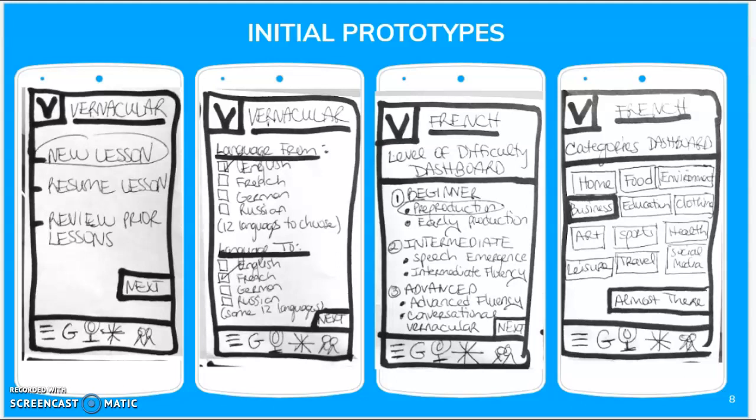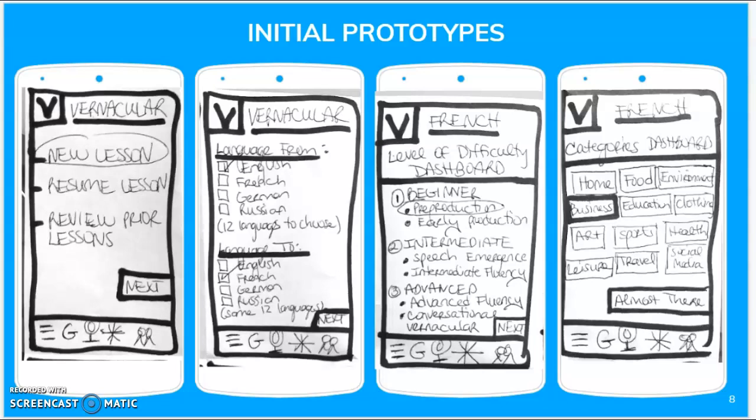The level of difficulty dashboard has 6 options. We have beginner, which involves pre-production or early production, intermediate, which is speech emergence or intermediate fluency, advanced, which has advanced fluency or conversational vernacular. Then you would proceed to the categories dashboard, which has home, food, environment, business, education, clothing, art, sports, health, leisure,